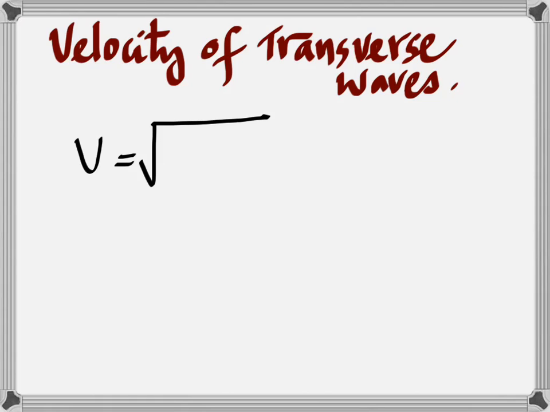All right, what's a transverse wave now? Let's look at it again. A string, one end of it is tightly fixed, and the other end is in your hand, you're moving it up and down. Isn't that a transverse wave? Particles are moving up and down the end. Okay. What happens to the velocity of the wave if I make it tighter? Think. I make it tighter. I stretch it all the more, like I tighten the guitar string. What happens to the speed of the wave? Will it increase or decrease? It's just logic. It'll increase.